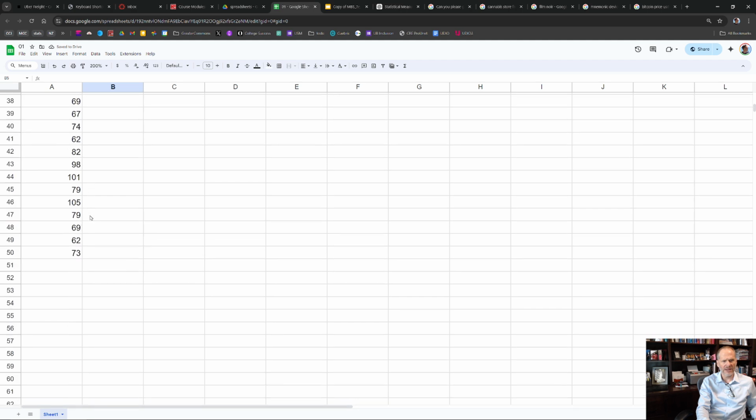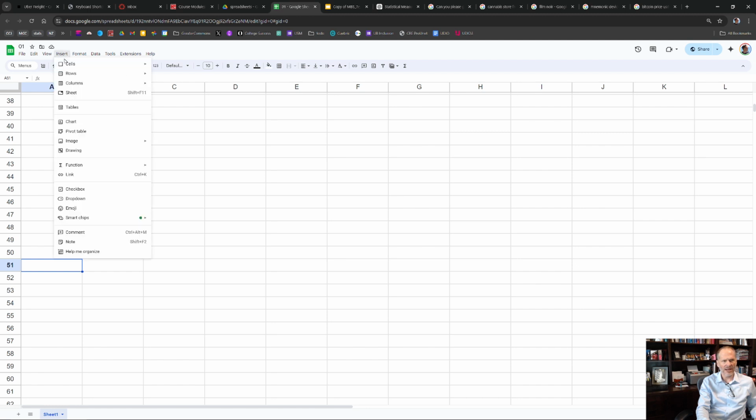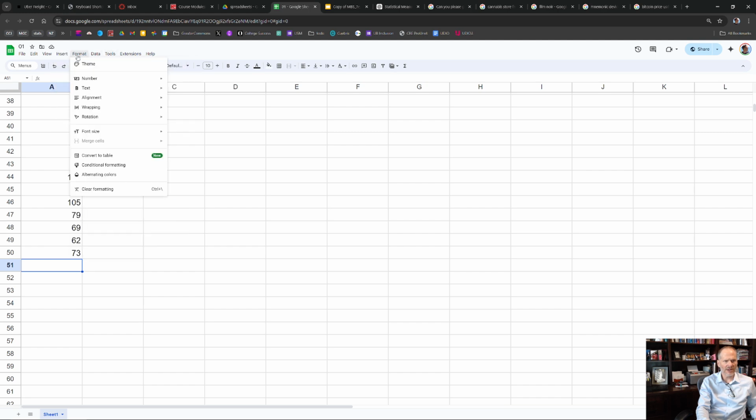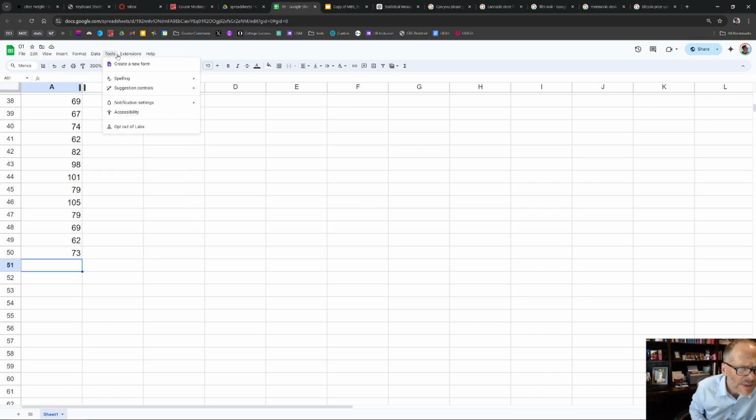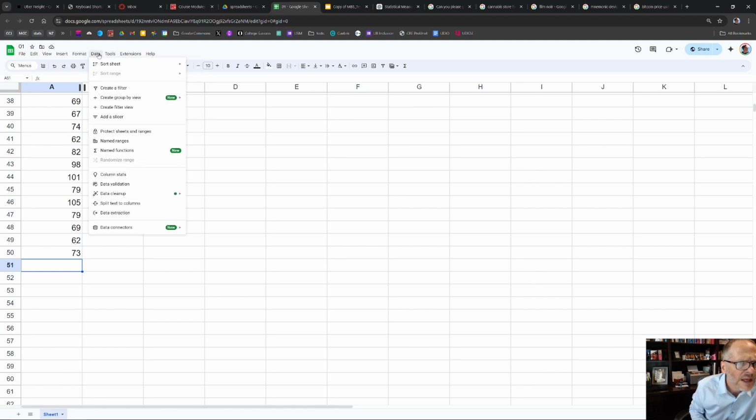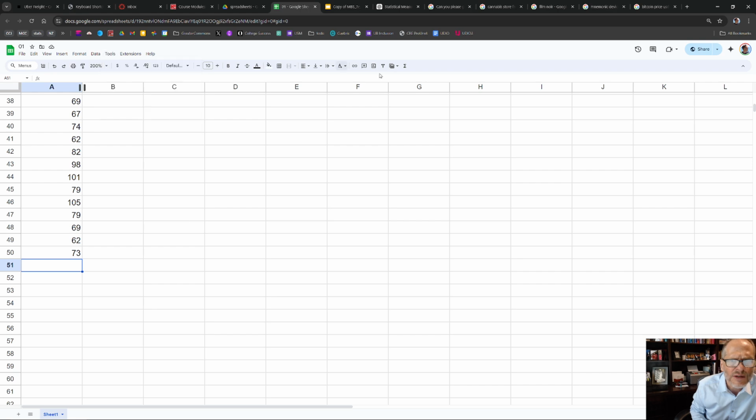So there are my 50. And I could do my average, right? So I could insert here, and I could go to a function. That's not where the function is. Format data. So where did I leave my glasses? They're on my shirt. So I'm just looking for functions here, and data. We've got named functions there. I'm going to go to functions over here and see what I've got. So I have learn more here, but I just want average right here.